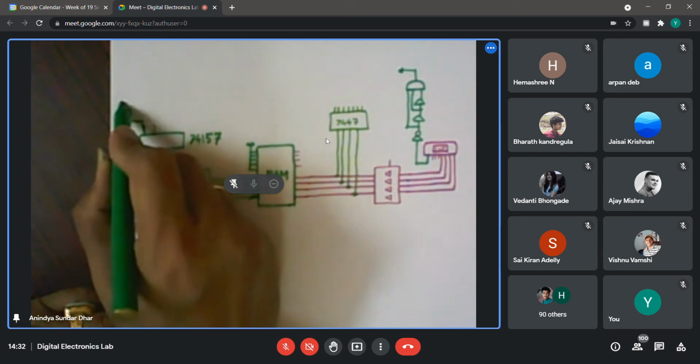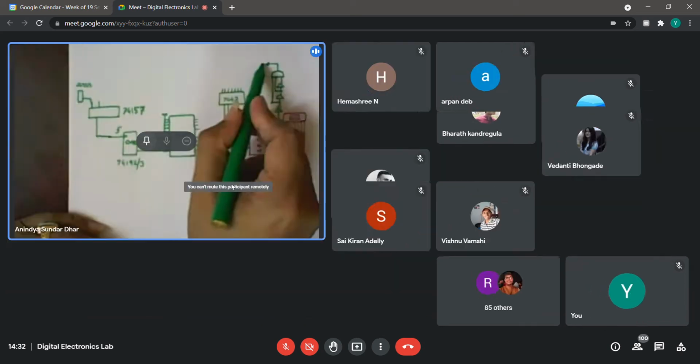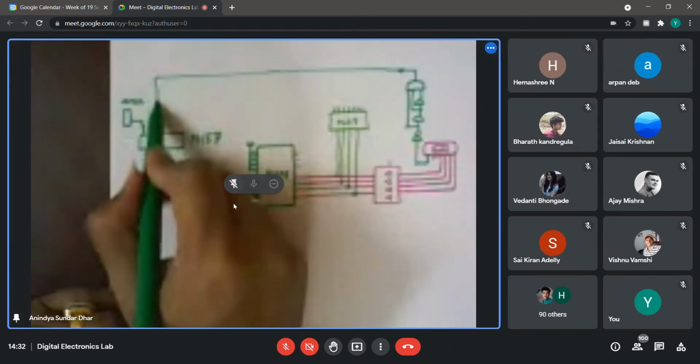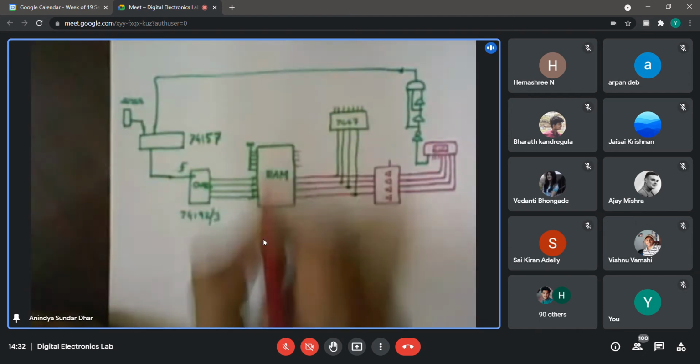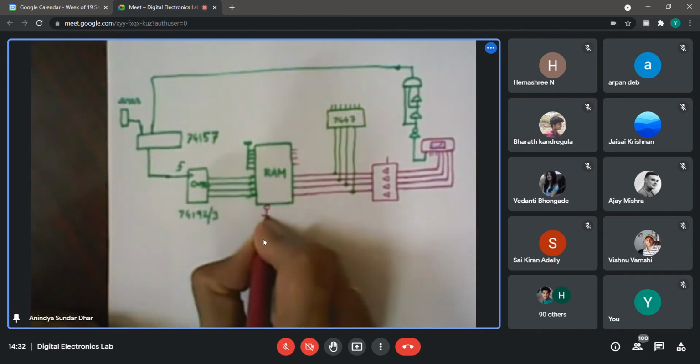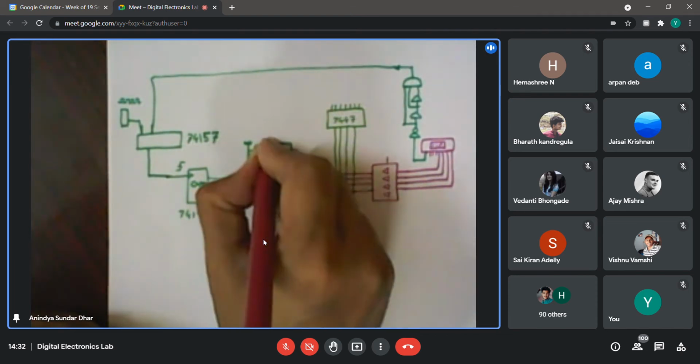Pulsar. So this will be your pulsar, which is generating a continuous clock, and the other one will come from this. Similarly, for the write enable line for the RAM, I think you already have chip select, always chip select. So CS bar will be grounded. But what about write enable bar?